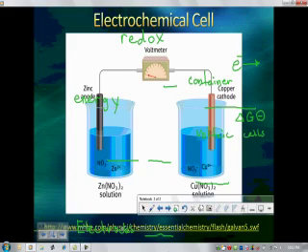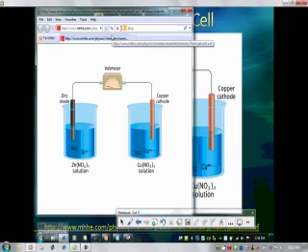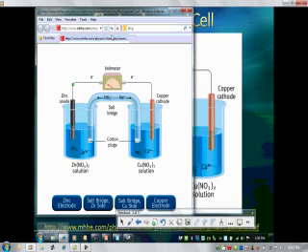Now we can move on to the big picture. A galvanic cell is a spontaneous electrochemical cell in which electricity is produced by means of a spontaneous redox reaction. In this cell, zinc metal will be oxidized and copper 2+ ions will be reduced. To complete the electric circuit, the solutions must be connected by a conducting medium through which the cations and anions can move. This requirement is satisfied by a salt bridge, which in its simplest form is an inverted U-tube containing an inert electrolyte, such as sodium nitrate or potassium chloride, whose ions will not react with other ions in solution